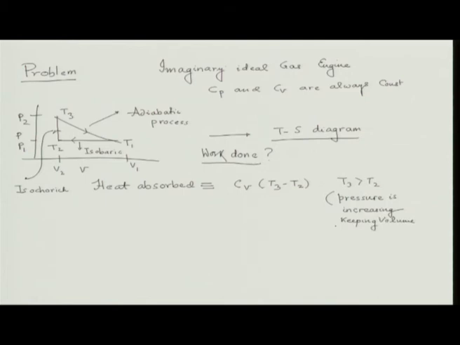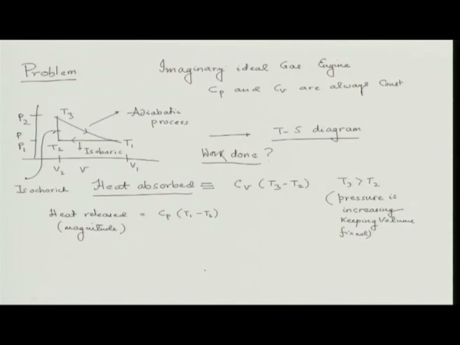So, this is the process which is involved in heat absorption. Now, heat released should be this process. Heat released, okay, I am referring to the magnitude of it, should be where pressure is kept constant. So, Cp and (T1 minus T2). It is negative, T2 minus T1, but I am referring to the magnitude only. So, remember this is heat released.